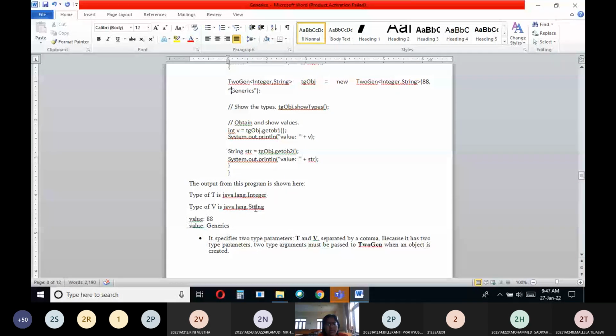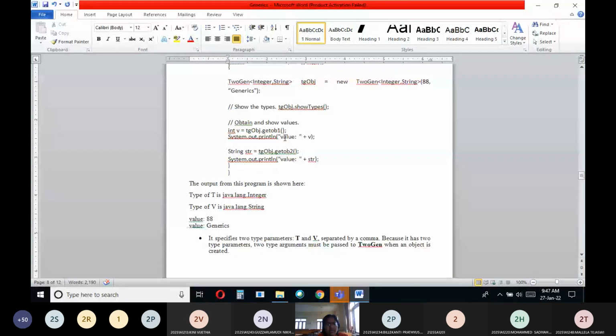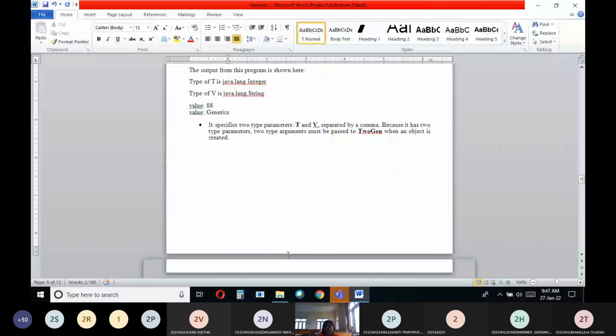So you can pass any number of parameters, not only a single parameter. You can have generics with two parameters or three parameters also. So here is an example with two parameters. You can have a type arguments list. It's not restricted, so here would be the syntax. You can have a number of parameters, each of them separated by a comma. Accordingly, however many parameters you have, that many have to be specified while creating the object. If it is two parameters, while creating an object you have to mention the